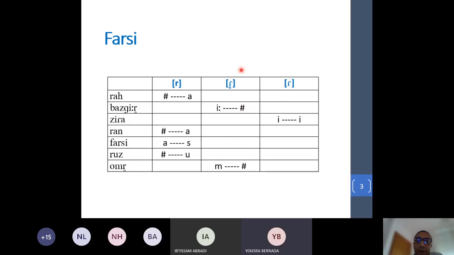This one occurs in final position. The hash marks the end of words. Note that the dotted line indicates the occurrence of the sound in question. So this sound occurs at the end of words. This one occurs between two vowels, and this